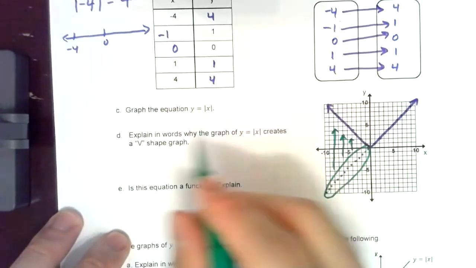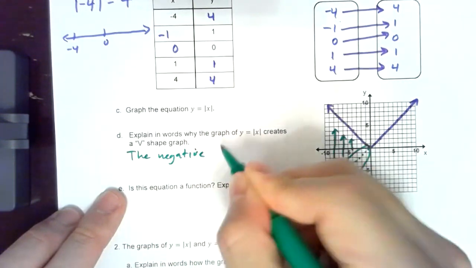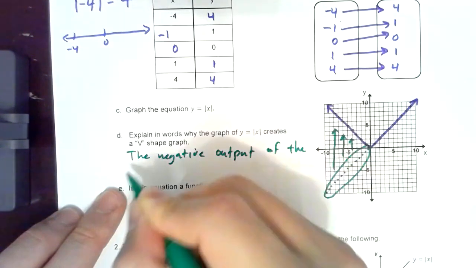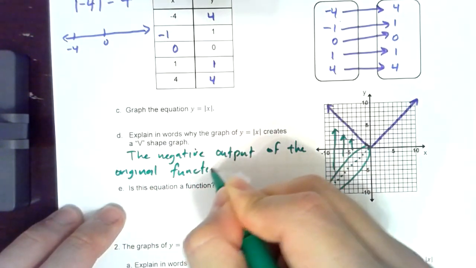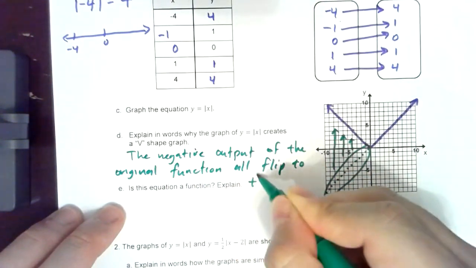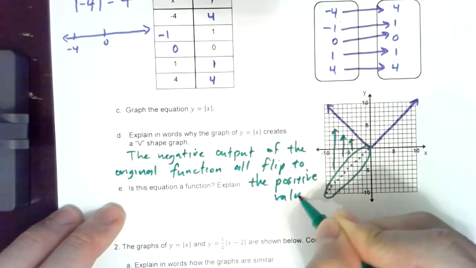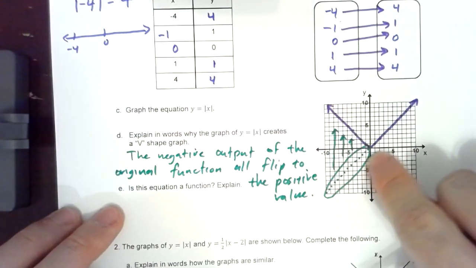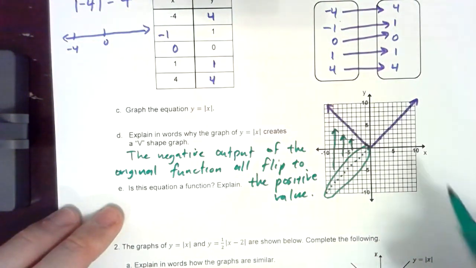So the reason why it has the V shape is the negative output values of the original function all flip to the positive value for absolute functions. So all these negative outputs that were supposed to be negative were all flipped to its positive, opposite value,